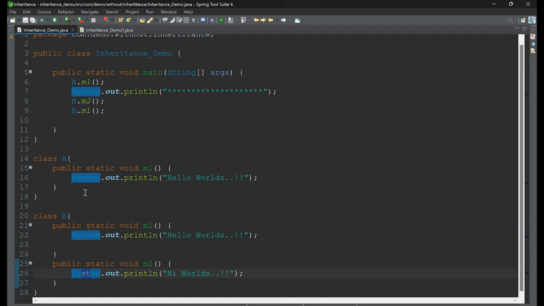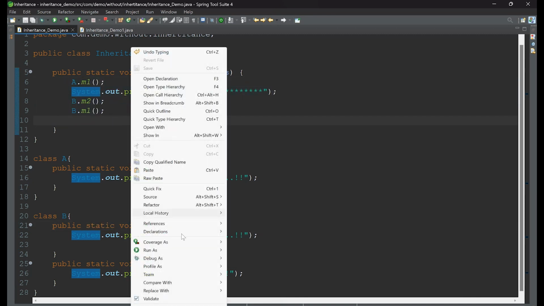Now if you remember, I explained that if there is no concept of inheritance, then you actually need to write both the methods here, right? So that's why I have called, since these two methods are static methods, they can be called without creating the object, with the class name. So I'm just calling these two methods. Okay. And if you run this code, you will be able to see